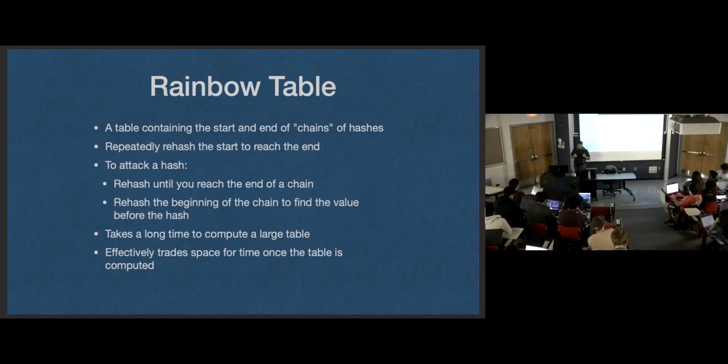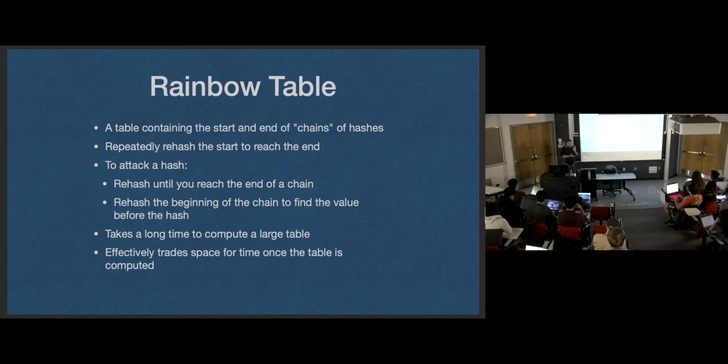Now you have a hash that you want to crack. What you do is you take that hash and check if it matches any of the end hashes in any of your chains. If it doesn't, you apply the function to turn it into a guess, hash it, check if that matches any of the endpoints of any of your chains. Keep doing that at most 1 million times in this example, if your chains are 1 million long, before that guess gets to one of those endpoints. And if it doesn't, I guess the rainbow table's broken. You want to encode every possible guess in these things.